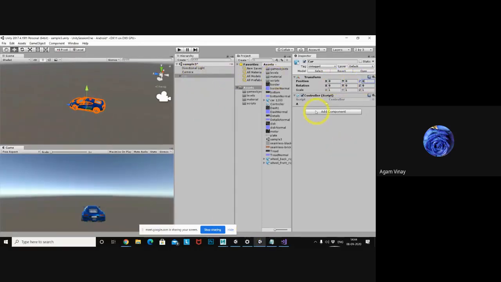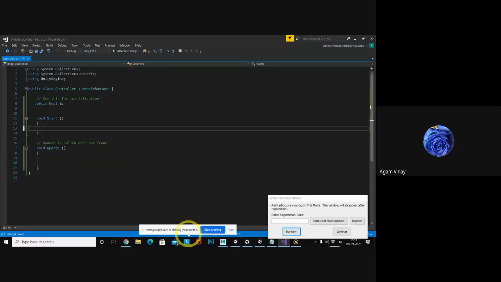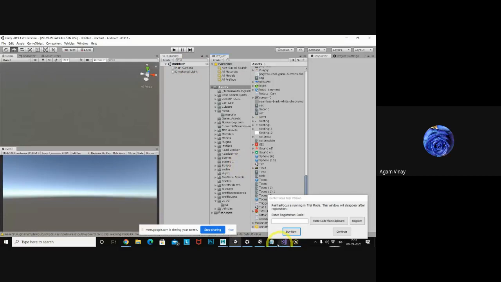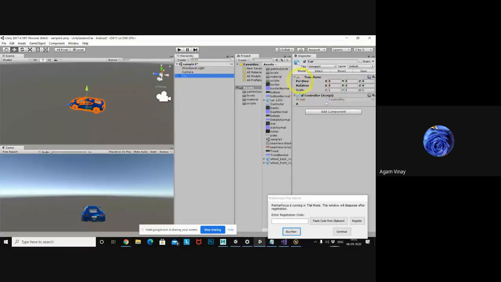So the script is added to this game object only, right? What I am going to write, just observe. Which component do I need to access? The Transform component, because I want to change the position, right? Transform component only I want to use. X, Y, Z are the values I want to change.